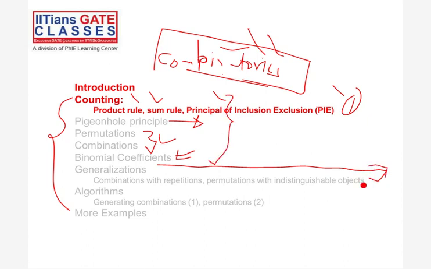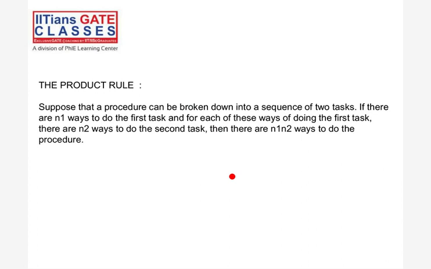Now in this topic, this generalization, here we will take more complex questions. At the end we will talk about generating functions and then we will take more examples. So this is the structure of what we are going to study in this combinatorics chapter. Let's start. But the thing is, this combinatorics is actually comparatively easier, because you can see the mathematical logic,